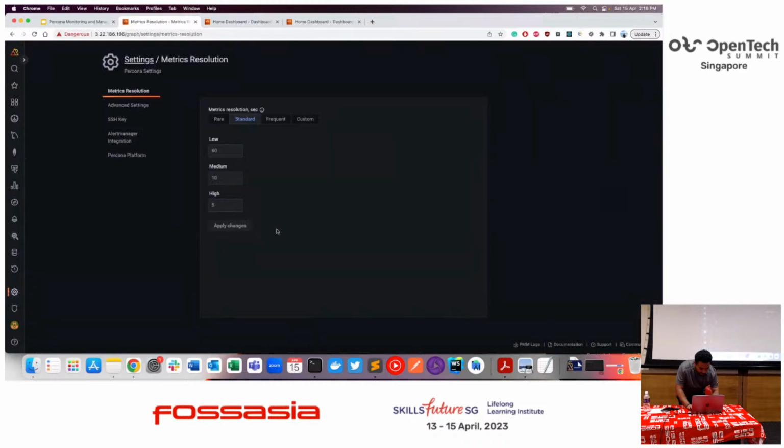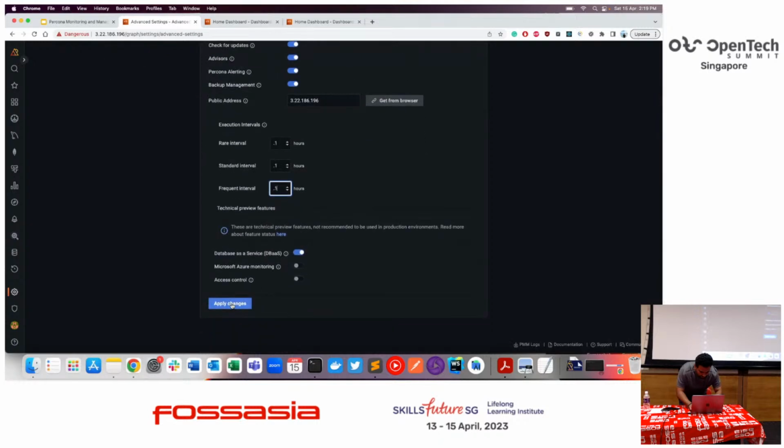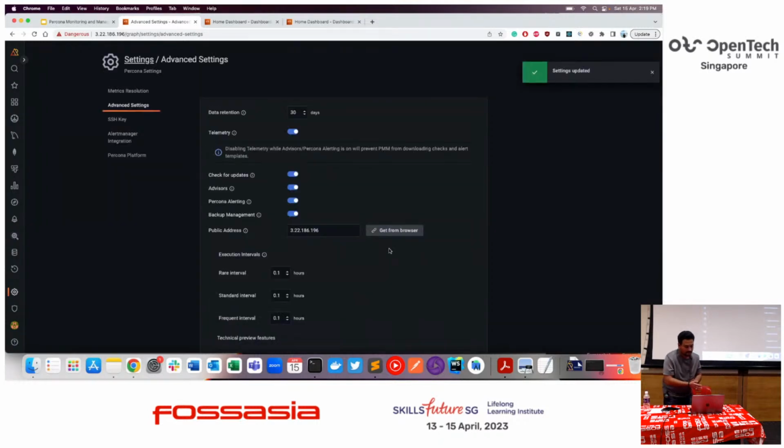In PMM settings, you get to change the interval of an advisor. Ideally they would run once in 4 hours. That's the frequent interval, and there are the standard interval and rare interval. For demo purposes, I'm just going to change it to the bare minimum value. Once I enable advisors,